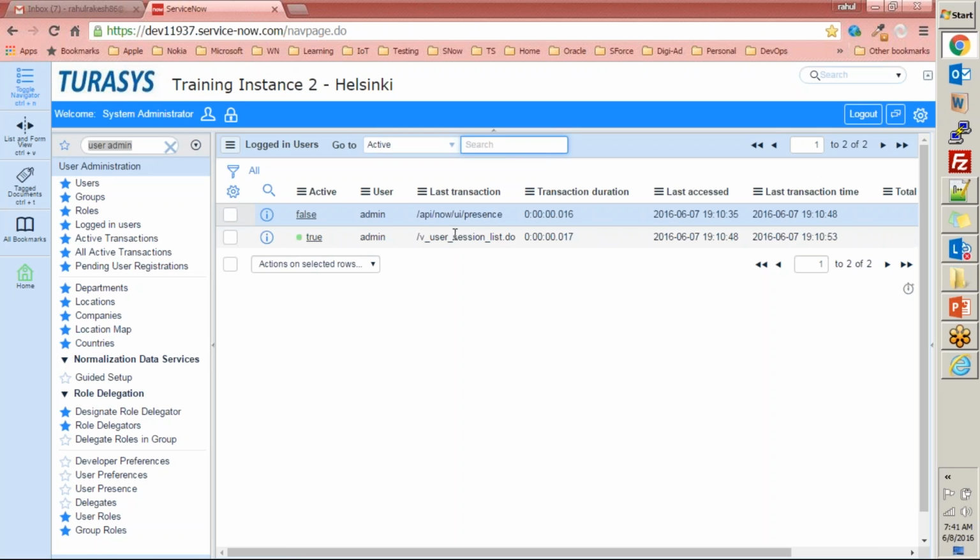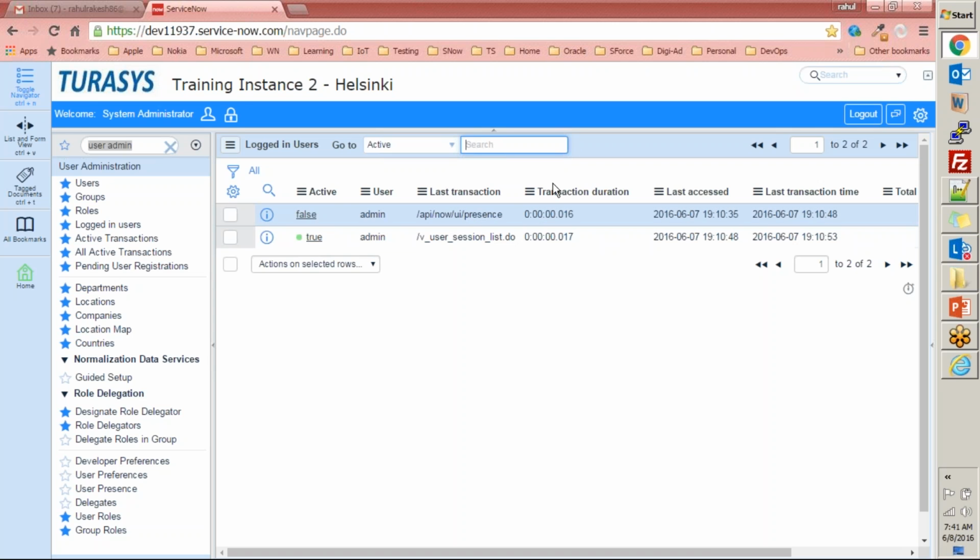What is the last transaction that he has done? The transaction duration, last access date. So I, as a ServiceNow administrator, may go ahead and find out those users for whom the transaction duration is quite high, right? If the transaction duration is quite high, it means that some background process is getting stuck for that user and that is making my instance slow or something, right?